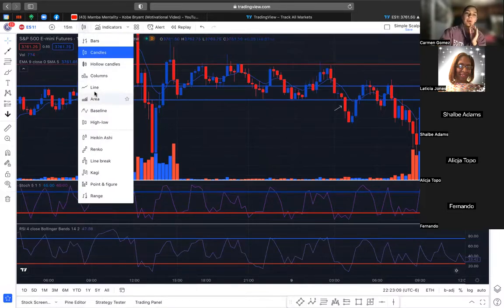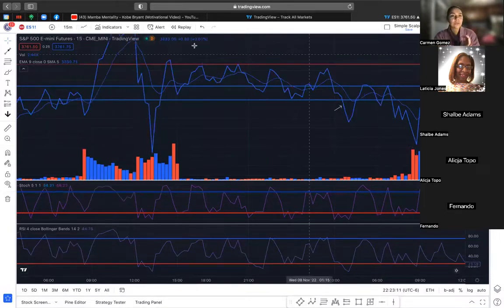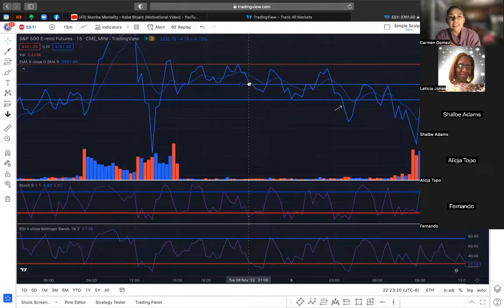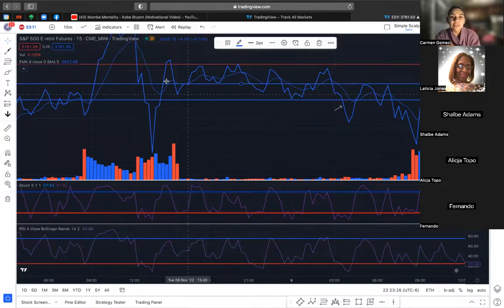But if I'm really being particular, I like to switch over to my line chart, which is just next to that little icon next to the time frame. I like to switch over to the line chart, and then I get more particular. I start to see where I see the multiple times that price has touched and then reversed, okay? So I can see this one. I kind of aligned it to where price has consistently come down roughly and shifted, or had some type of movement there. As we can see, this has definitely had way more than 3 touches. So that's a valid point of support.